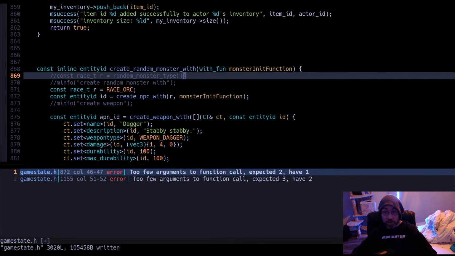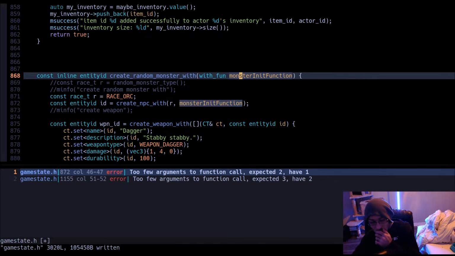So whatever we actually pass in from the top down can get propagated to different parts of the initialization process. Because at the very base level, all monsters are effectively NPCs. They're not like their own entity type or anything like that. That's why you can actually select them as characters if you want to play as them.